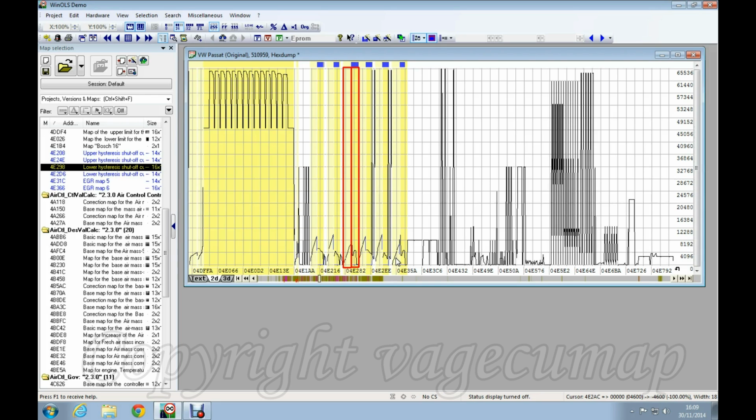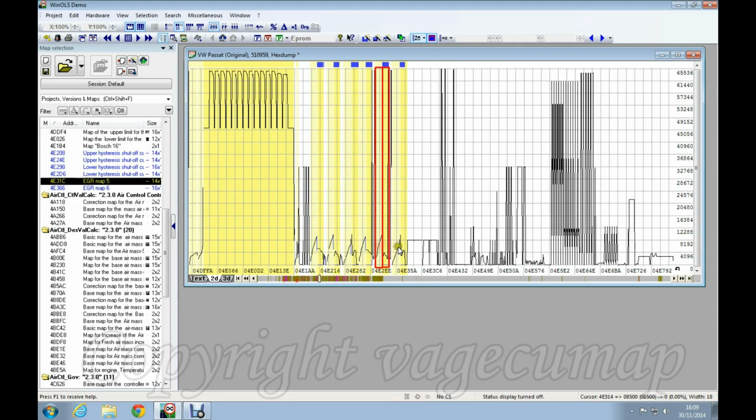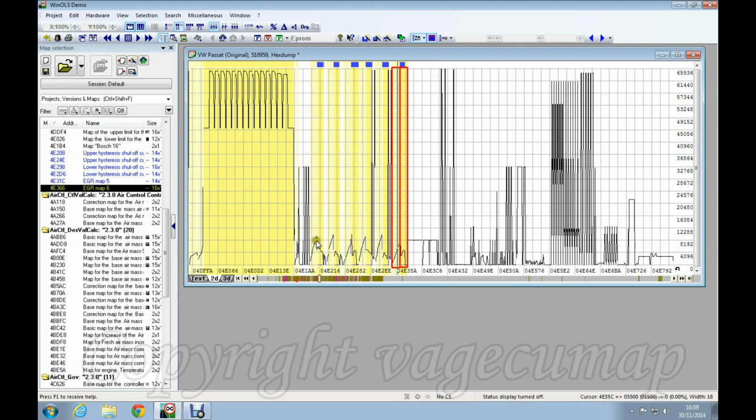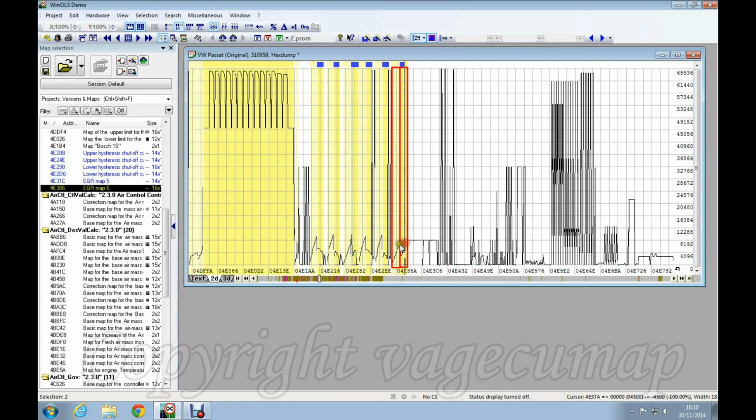Now, because we've done that, whatever the circumstances are for these maps cease to be there. So in other words, if one of these maps was for higher quantities of injection or lower quantities of injection or a change in air pressure or a change in temperature, it doesn't matter because we've set the values to 0. So under whatever that condition is, the EGR valve is still going to stay shut. And we've done that for all of these maps. So the EGR valve will in effect stay shut.